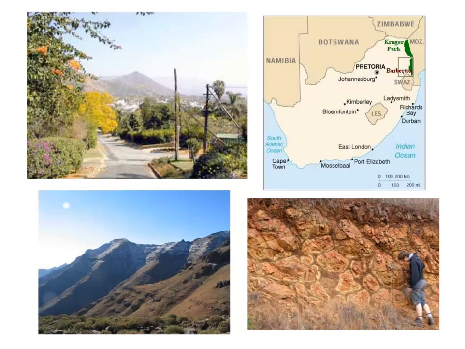So there is a similar outcrop of rock at the Barberton mountain range, and that's near Kruger Park in South Africa. And actually, it's written on the next slide, so don't worry about spelling it. But what I want you to realize is this is the second line of evidence that seems to have very similar results as Warrawoona, and it's in a completely different area, which is really, really cool.